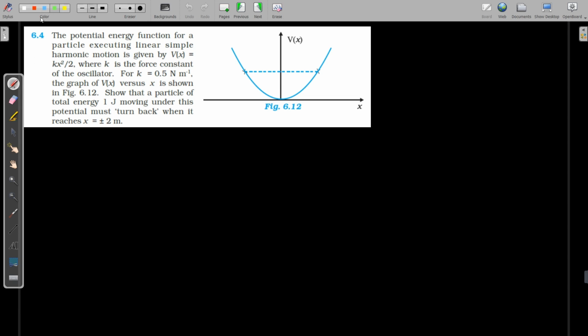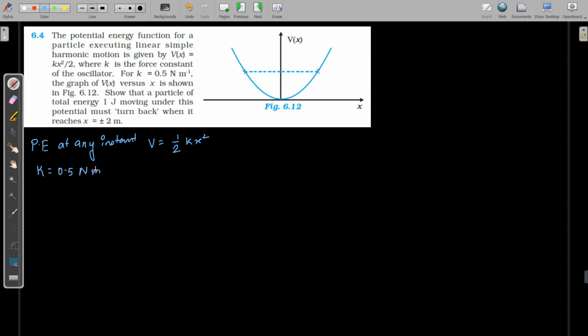So potential energy at any instant is half kx square, right? What is the value of k? k is equal to 0.5